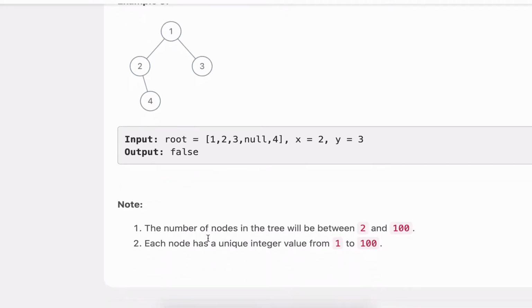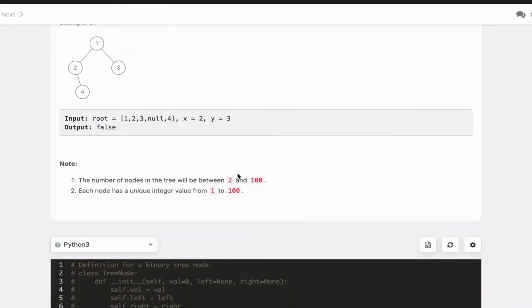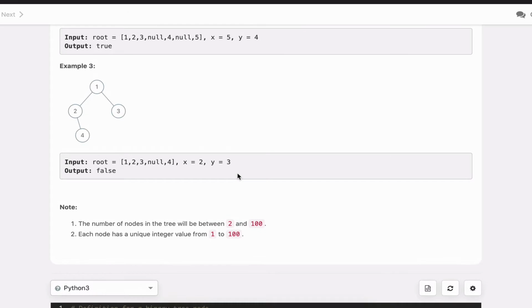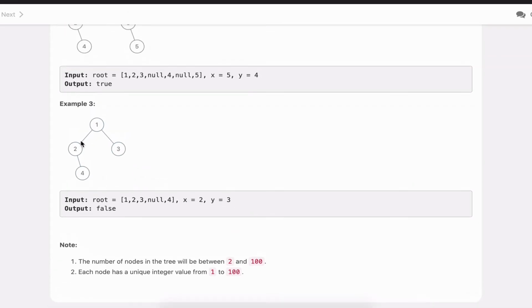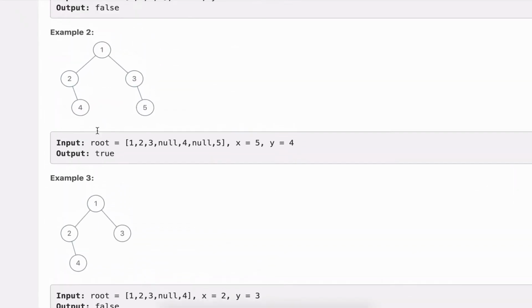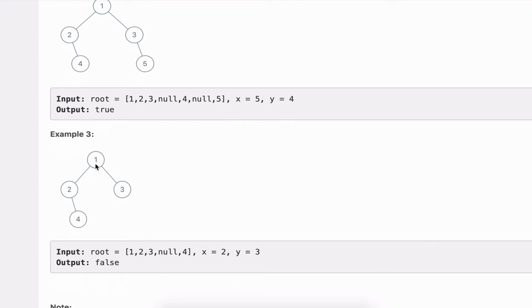I think there are multiple ways to do it, but I am taking the most obvious and simple way. What if we do a level order traversal? We first take this level, and then in the second level there will be 2 and 3. In the third level there will be 4 and 5. For each level, if the children at this level are, in this case, 2 and 3, and if 2 and 3 are equal to x and y,